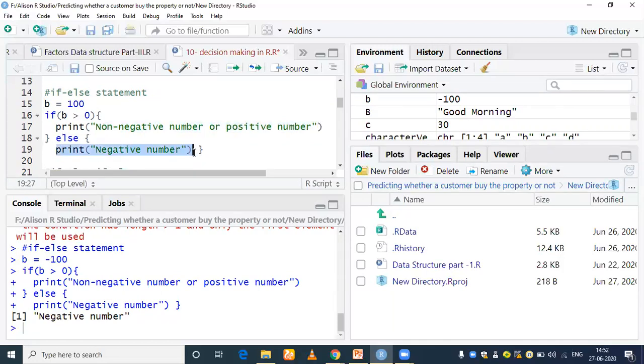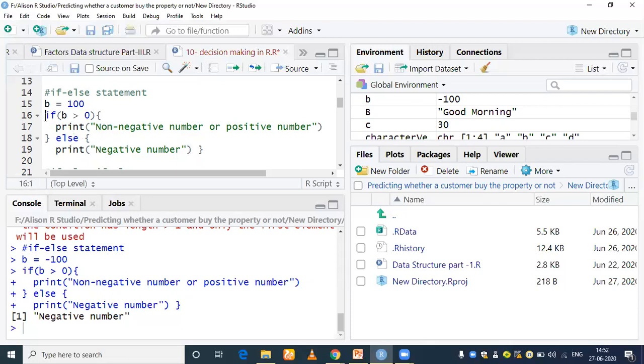No, because the condition here is evaluated to be true. If the condition is evaluated to be true, then the statement that you have written inside the if block is going to be executed. But if the condition is evaluated to be false, then the statement that you have written inside the else block is going to be executed. This means only one statement is going to execute, either the statement that you put inside the if block or the statement that you put inside the else block.